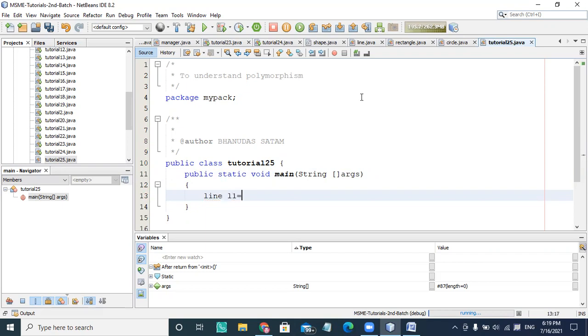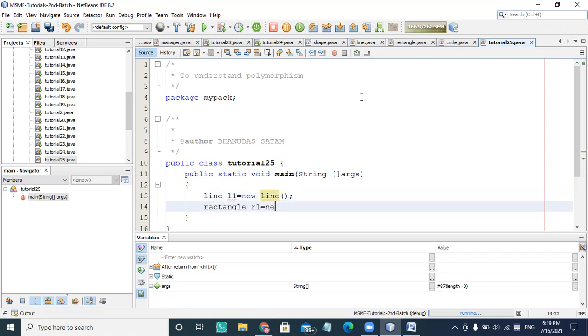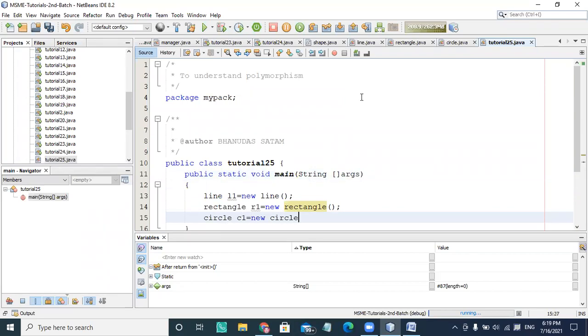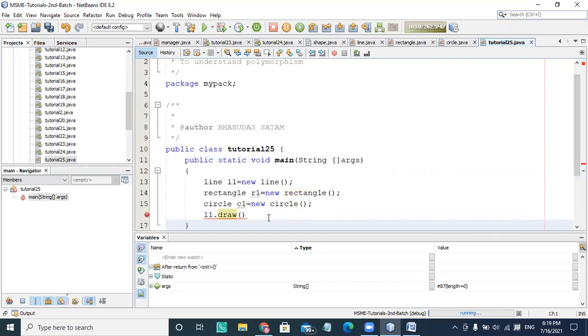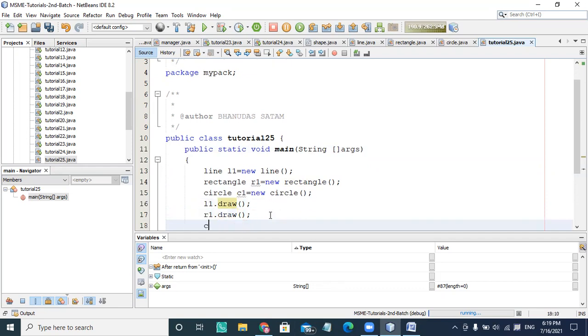So Line L1 equal to new Line, Rectangle R1 equal to new Rectangle, and Circle C1 equal to new Circle. Then I'm going to call the respective draw: L1.draw, R1.draw and C1.draw. I'm creating an object of each concrete class.